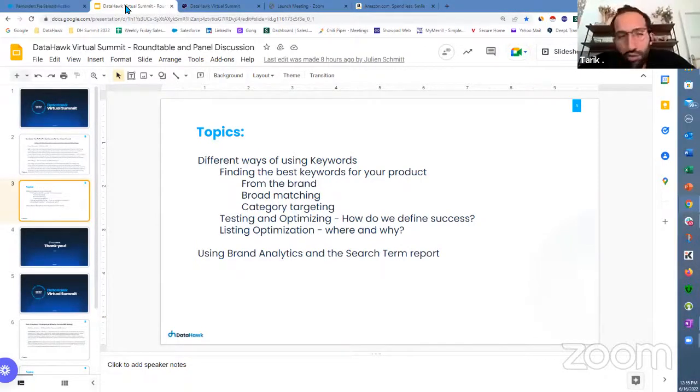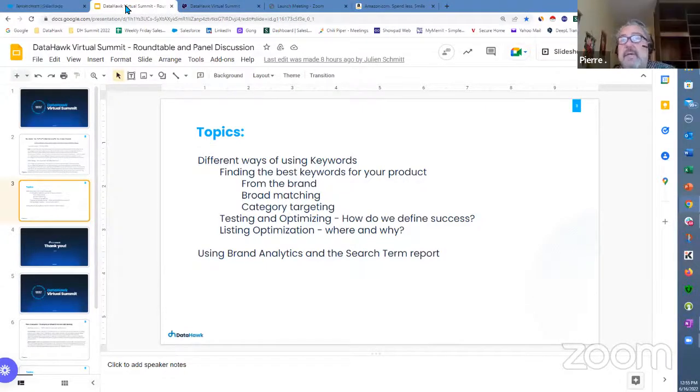So if you don't want to pay anything, no tool, easy: autocomplete directly on Amazon or Brand Analytics, while just throwing in some seed words in order to end up with some very relevant search queries. Excellent. That's very helpful.